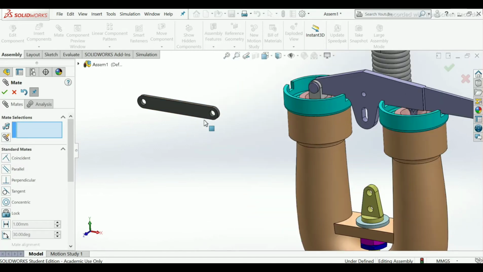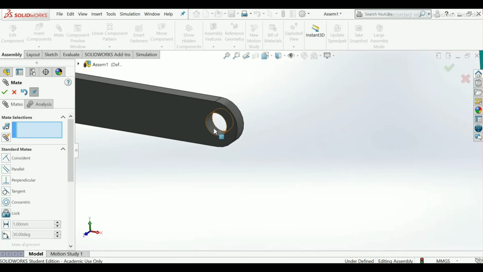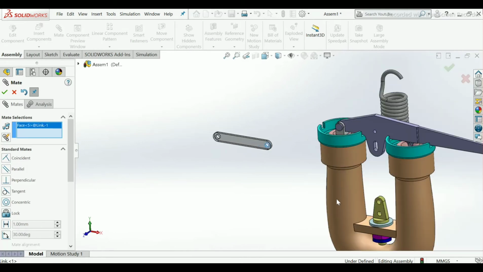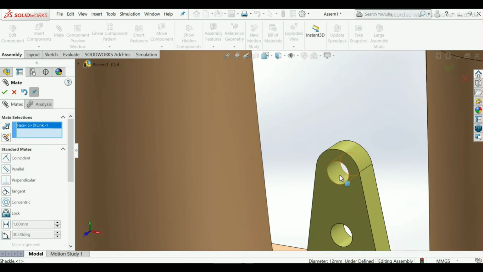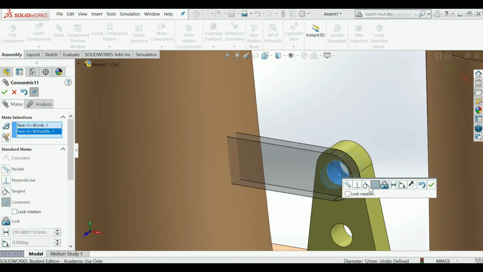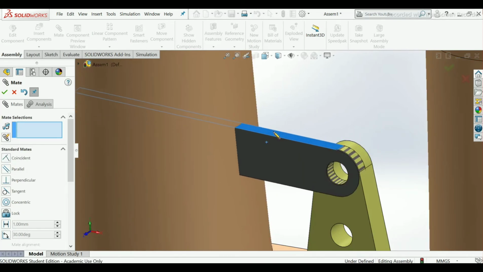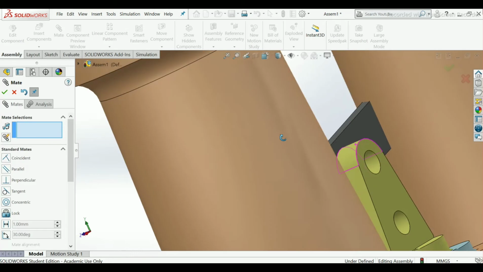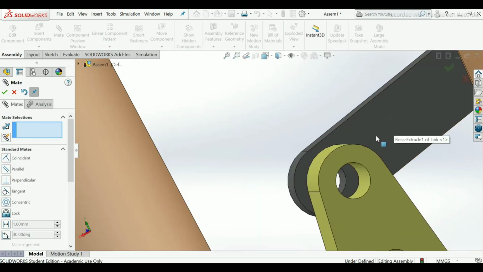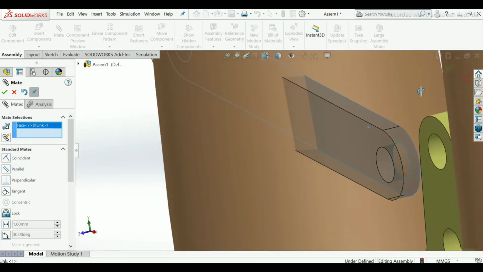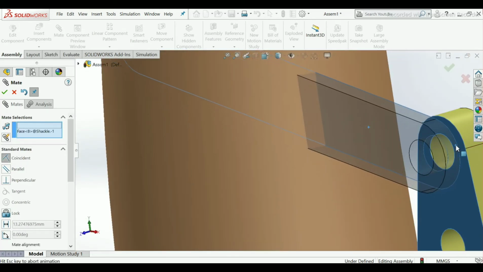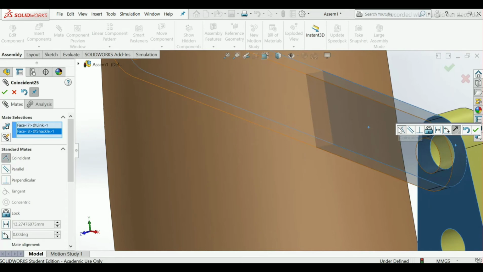Now the link should be placed here, so select this extrusion face and this, make it concentric, add. Select this face and this face, make it coincident.